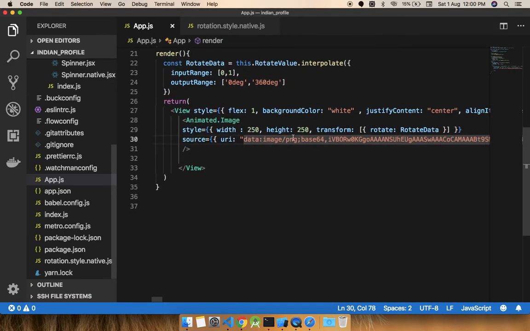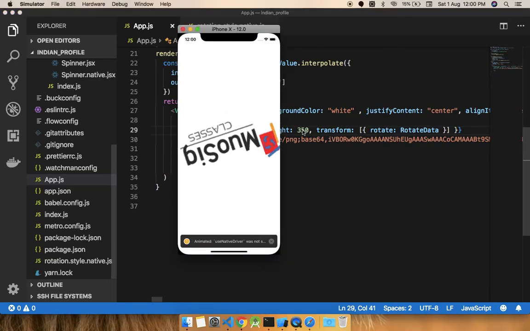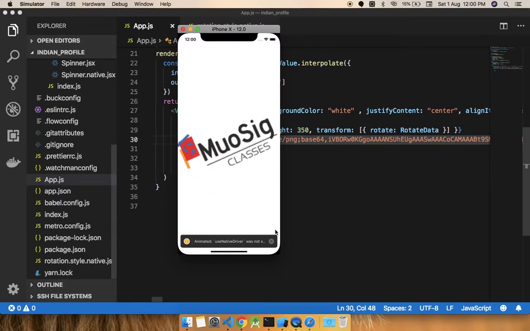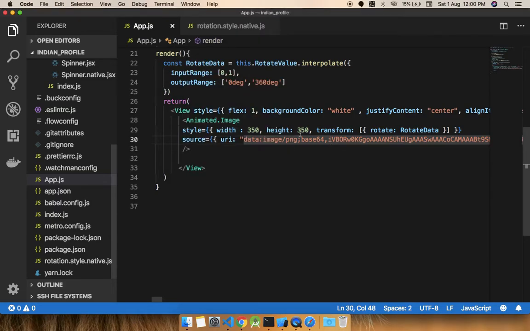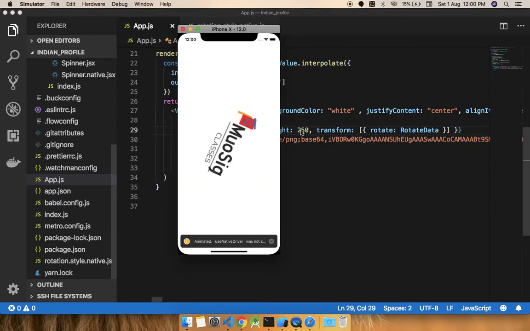And the height is 450, oh sorry, 450 is so big. 350 and 350. Okay, perfect. Let me just make it 250 and 250 only. Okay, it's perfect now.